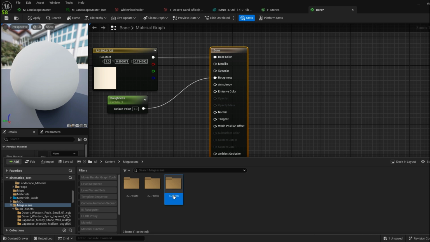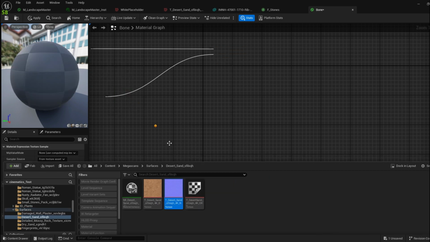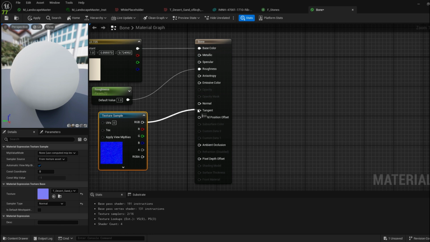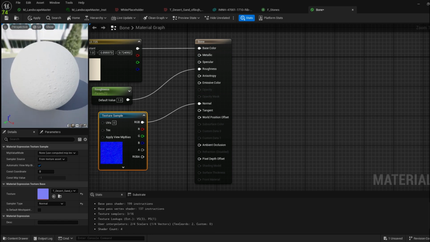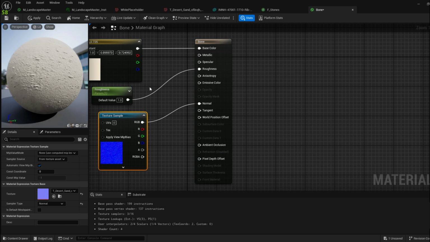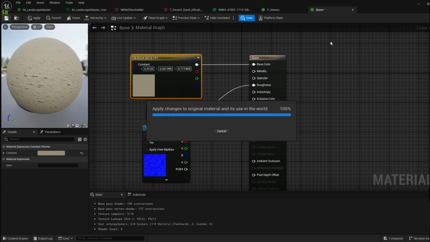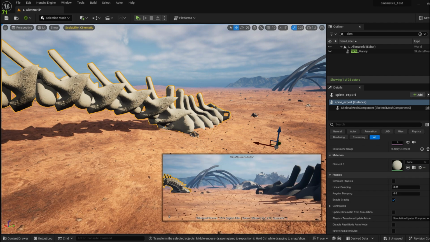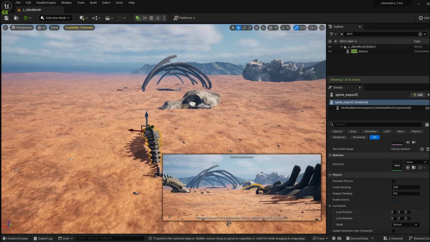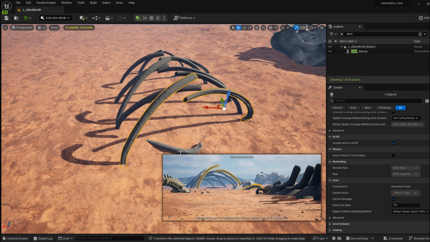Now I'm just going to grab a normal from my sand texture and plug this in. I mean, this is not perfect, but this is a hacky way to do this. And if I hit save and apply this material,